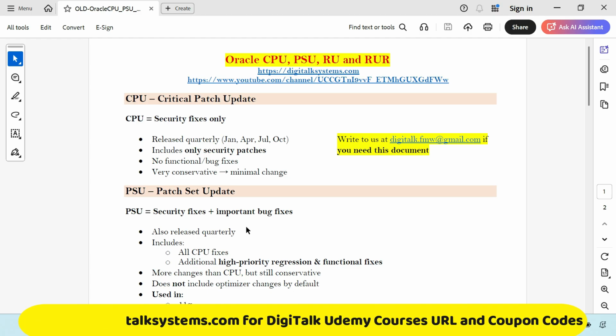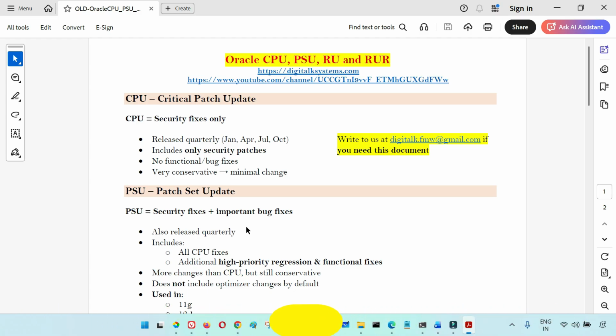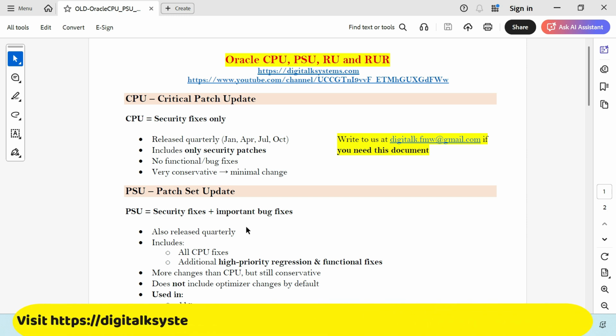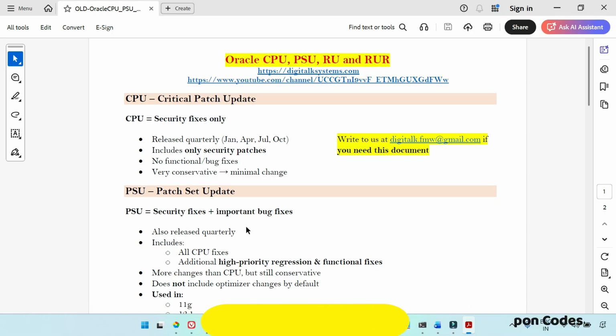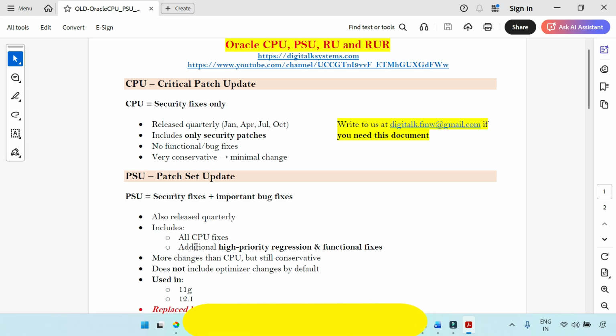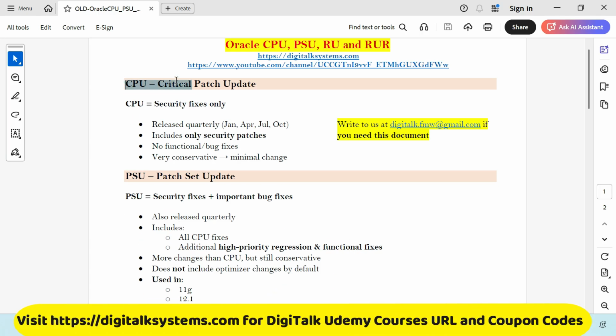These all are related to patches, and multiple times engineers get confused about the difference between CPU, PSU, RU and RUR, and which patch we need to apply. So in this short video I will clear your doubts on the difference between all these terms. Now, when we talk about the CPU and PSU, these two are the oldest